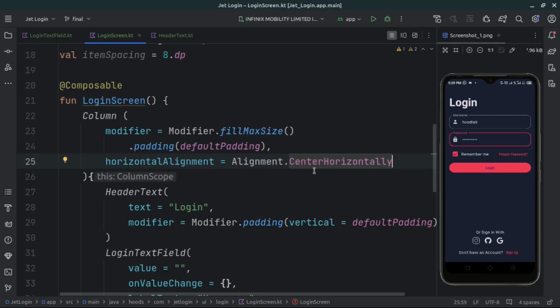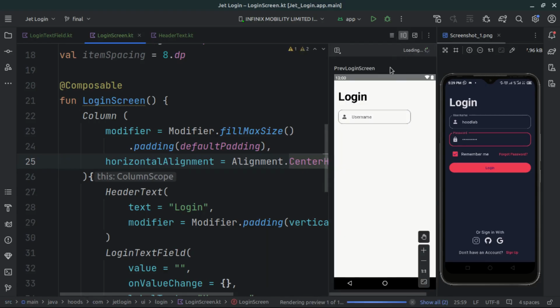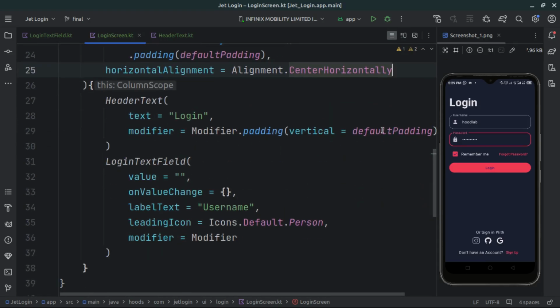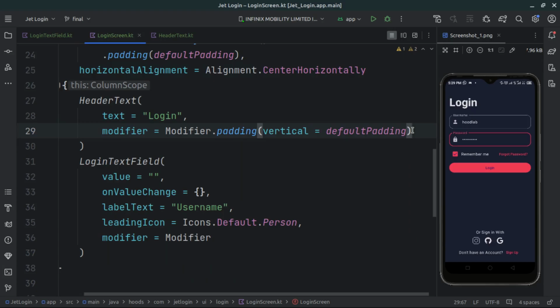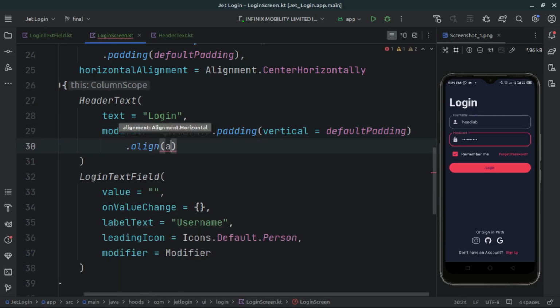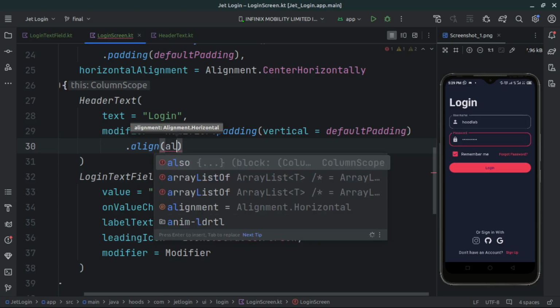But whenever we do this, then our login text is also going to be centered here. So let's look here, which is just going to be different from our design. So in our design, our login text is at the left. See, everything is centered. So we want to make this login text go here. So how can we do this? Basically, let's go inside here. Let's add here another parameter, and this parameter is called align, and we can pass in here alignment to this